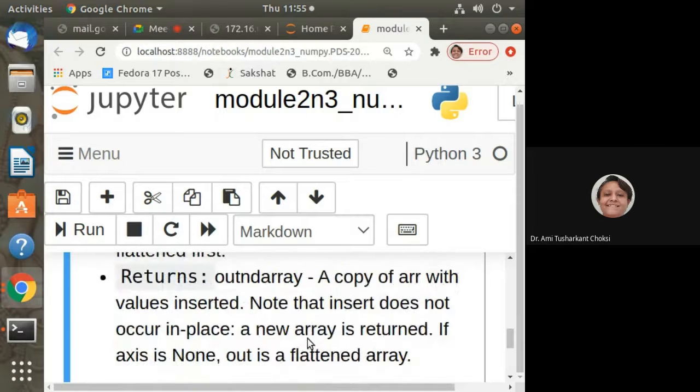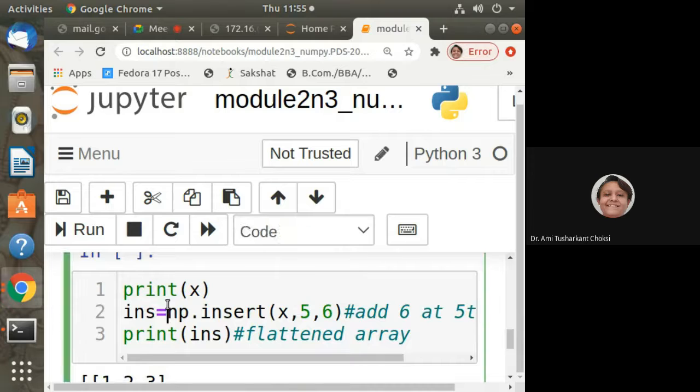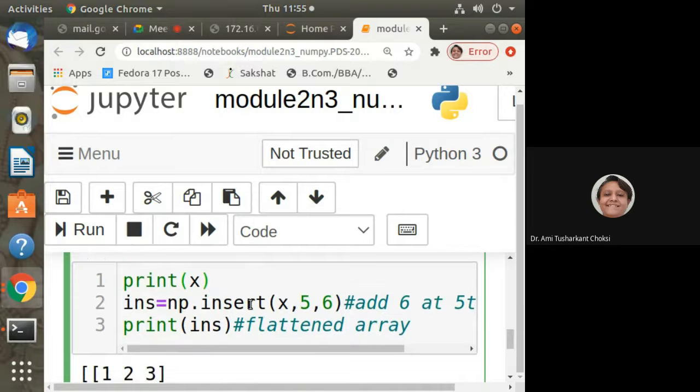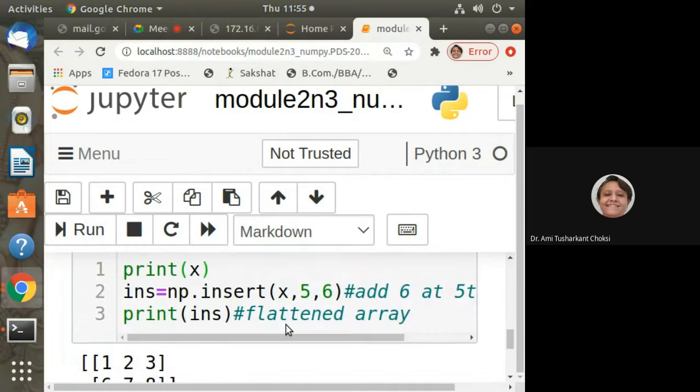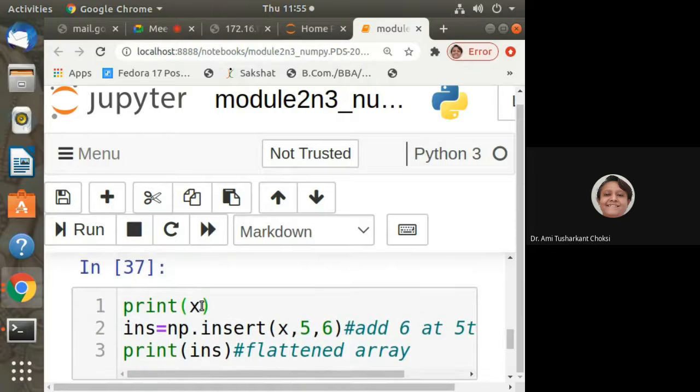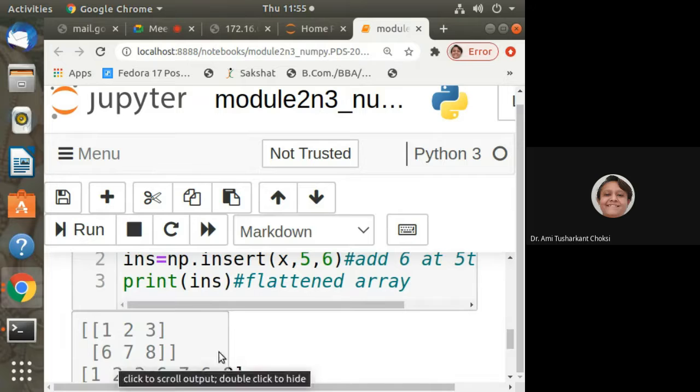Let's see the example. You can try that and understand. Print X. X is 1, 2, 3, 6, 7, 8.